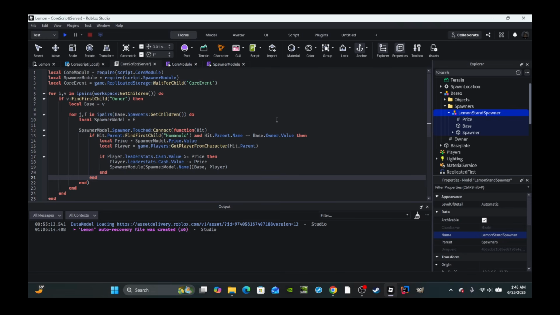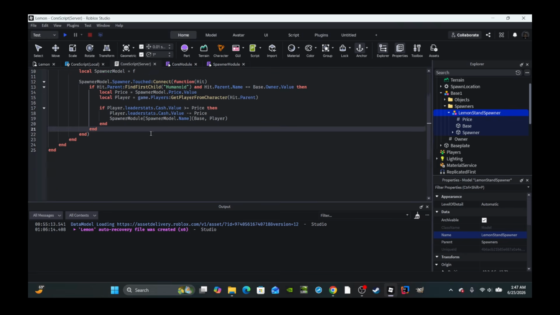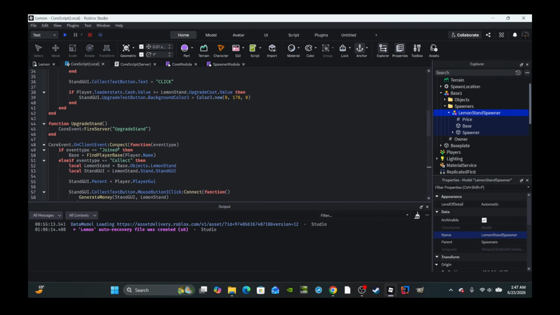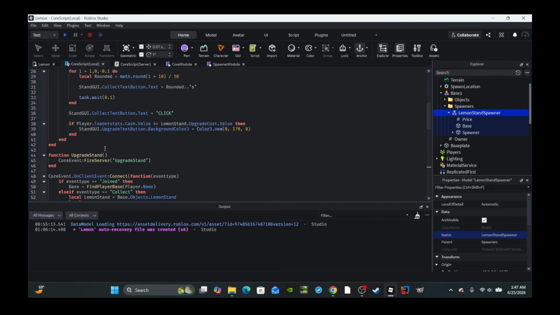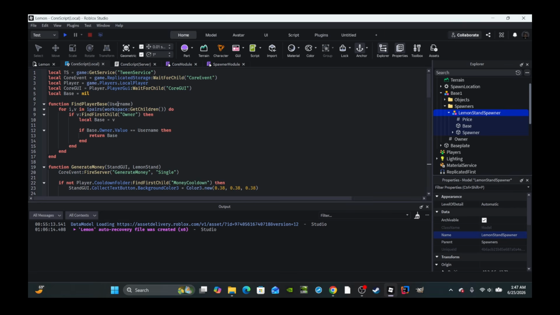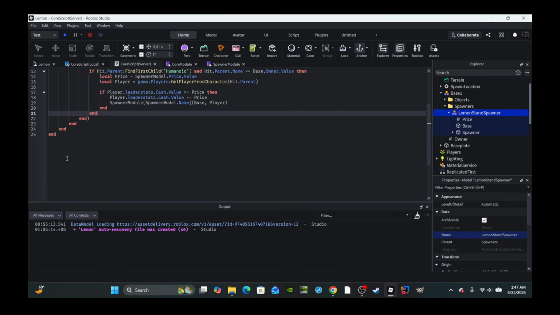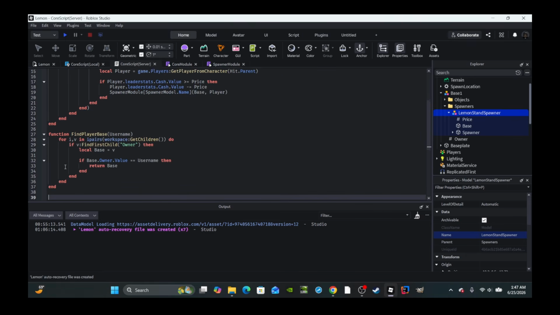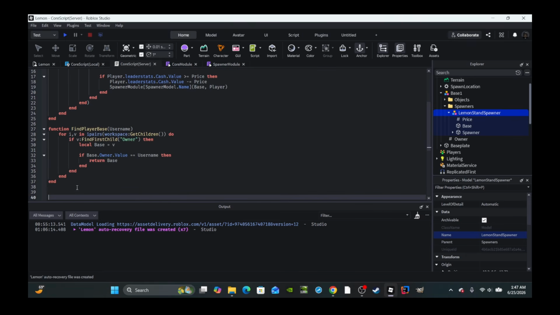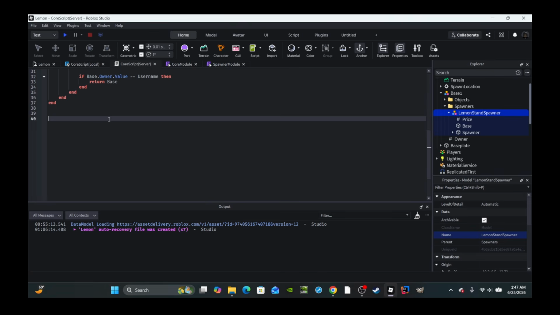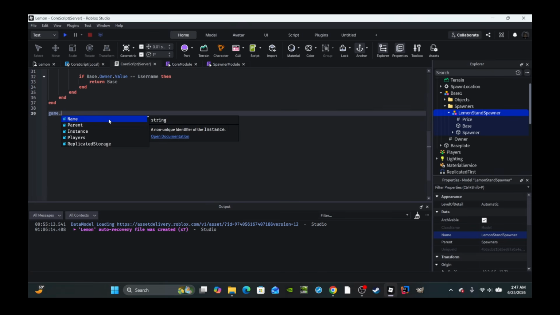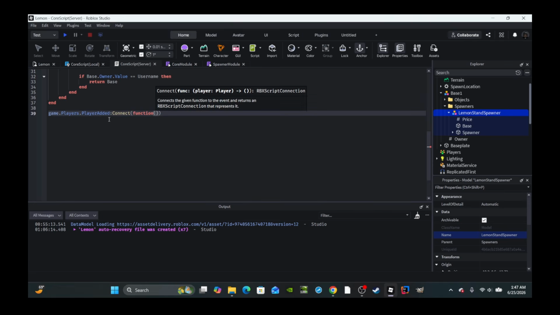Okay, moving on to the next function, we have find player base. So this is very simple. This is actually the exact same thing as our function that we made on the local script. So we can just go ahead and copy and paste this to save ourselves time. Then for the next thing, we're going to set up the function for when players join the game. So we'll say game.Players.PlayerAdded connect function, in parentheses put plr,